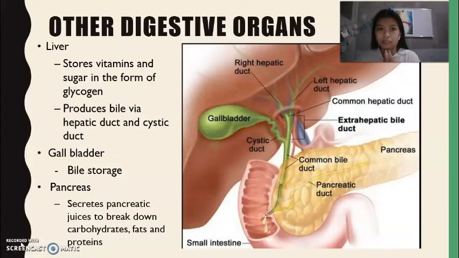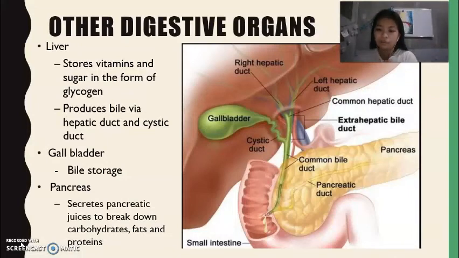Part pa rin naman sila ng digestive system, but then they are not part of the digestive tract. Tract meaning dinadaanan ng food. Okay, or the pathway of food. But then, these three organs, they have important function such as producing or storing enzymes and chemicals that helps us or helps the other organs to break